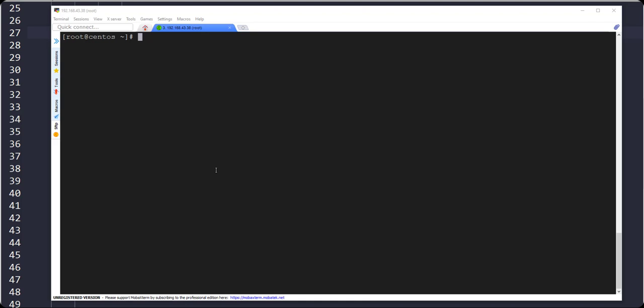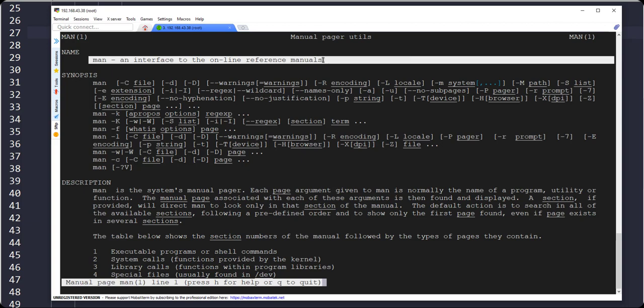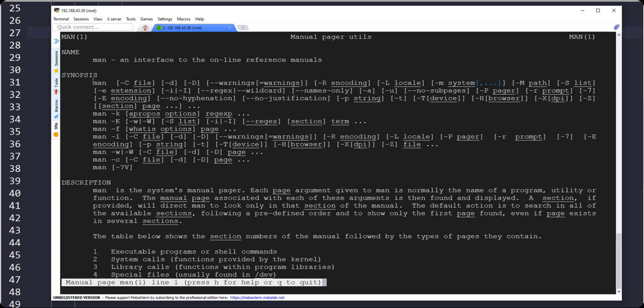So let me show you man. In this man page, what you see is the name, where it gives a brief description, and the synopsis, which contains the details of how to use the command.